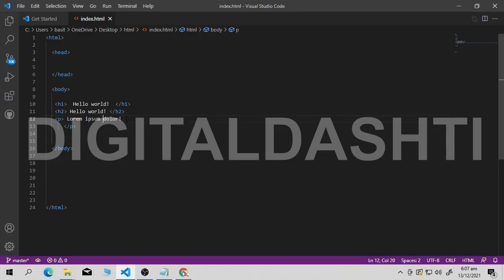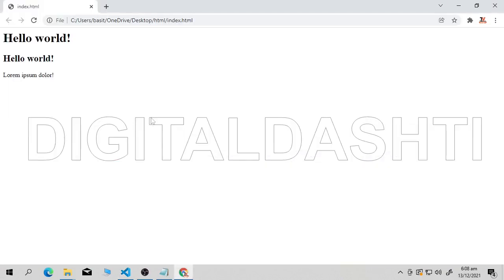How will I do that? Fine, so you have to just put your bold element. What's your bold element? Just B. Fine, this is B. I'm sorry. Yeah, this is my bold. Fine, and what I do, I will put this text inside my bold element. As you can see, this is my paragraph element. I opened it here, I closed it, I open my bold element, bold tag, and here I close it, and I save this page. I will go back in my browser, I refresh the page.